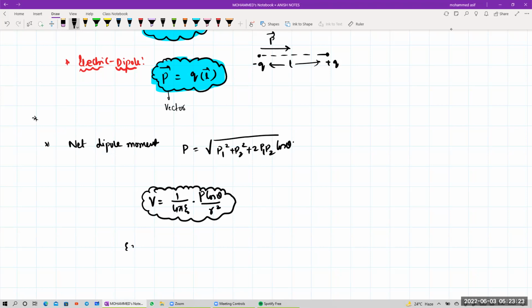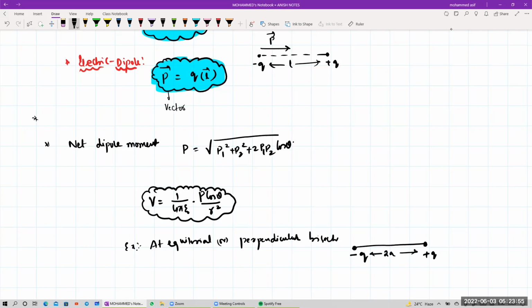Like for example, if I give you an equatorial point, tell me what will be the potential? At the equatorial point, like the perpendicular bisector. That means this is a dipole like this. Here is one charge minus q, and here is one charge plus q, and the distance between them is, say for example, 2a. I need the potential somewhere at the perpendicular bisector, at a distance r,